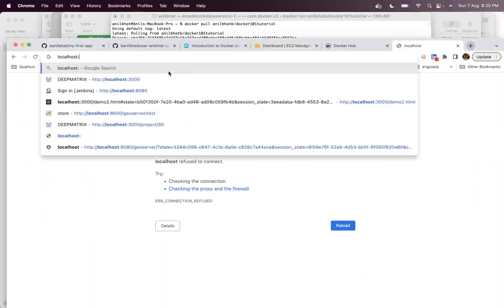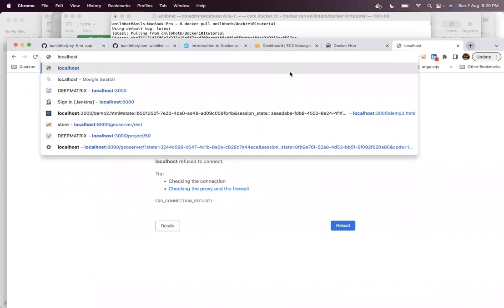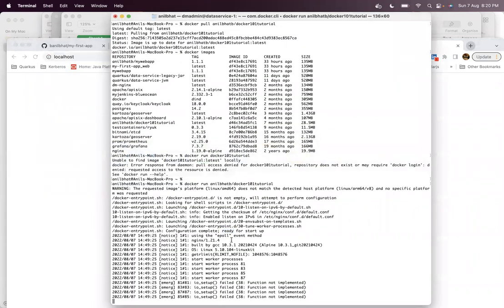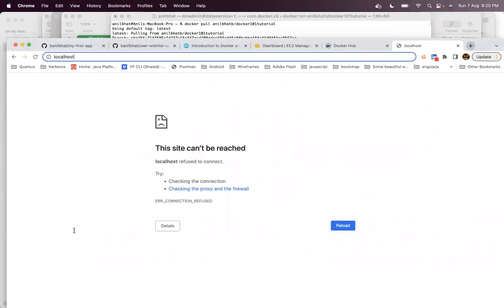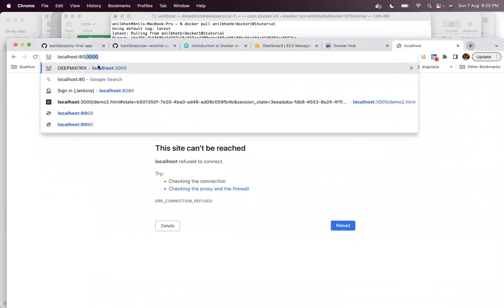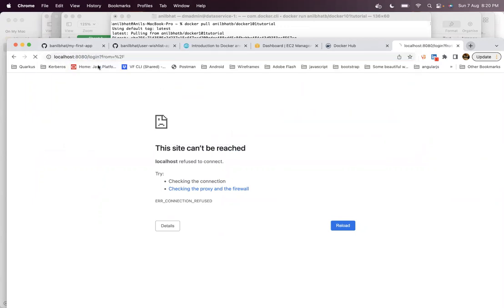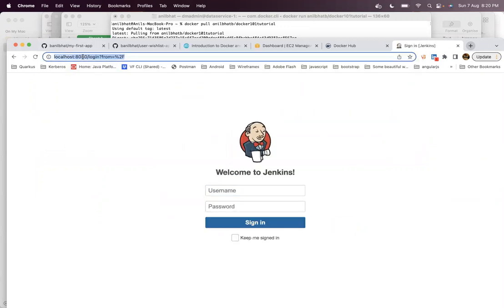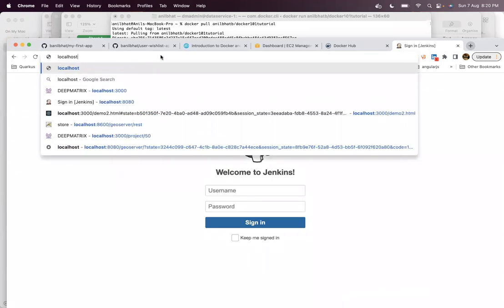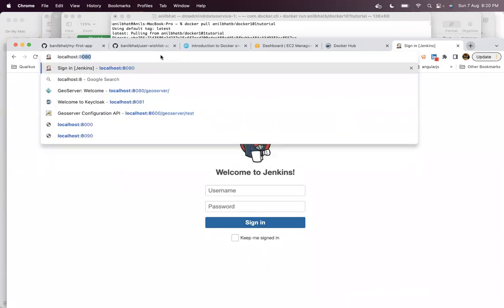I don't remember the port. I can build a separate instance, but you can see that the application is running. We need to identify which port it is running on. Probably the default is 8080. It's working fine. No, it is not the port. This is the Jenkins instance. Okay.